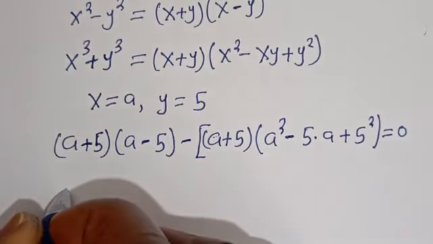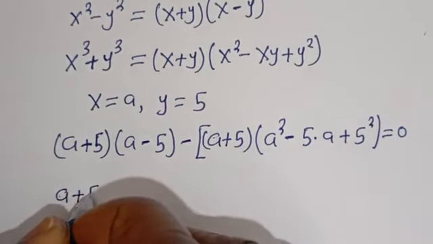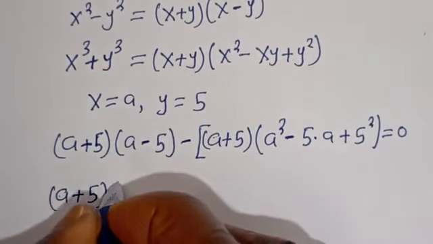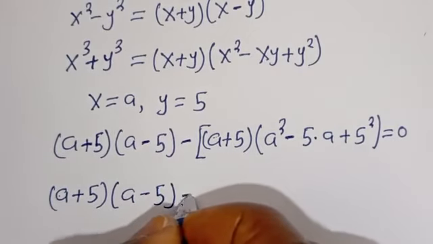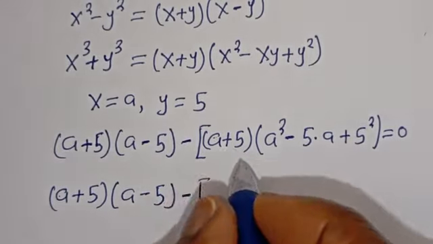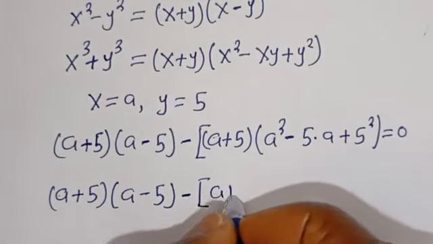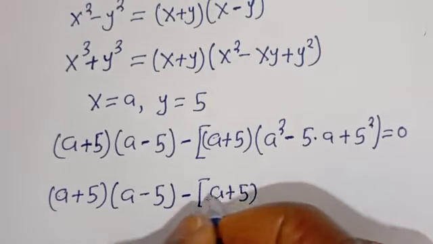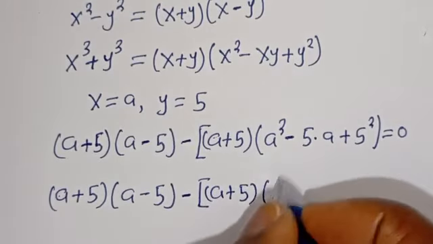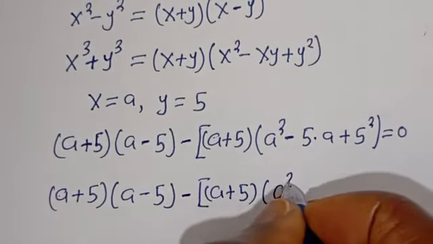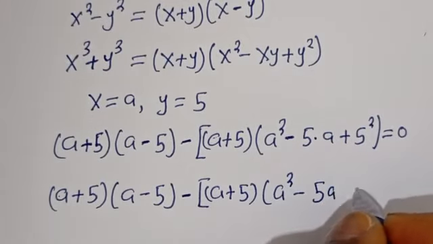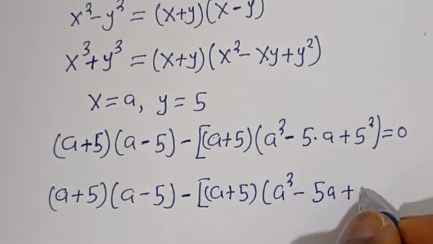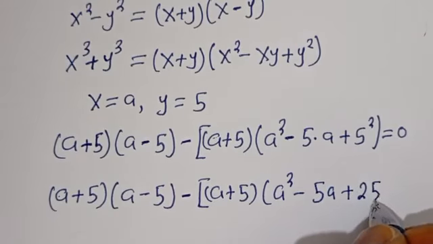Then we have a plus 5 bracket a minus 5 minus, here we have a plus 5 bracket a squared minus 5 times a, 5a plus 5 squared, that is 25,